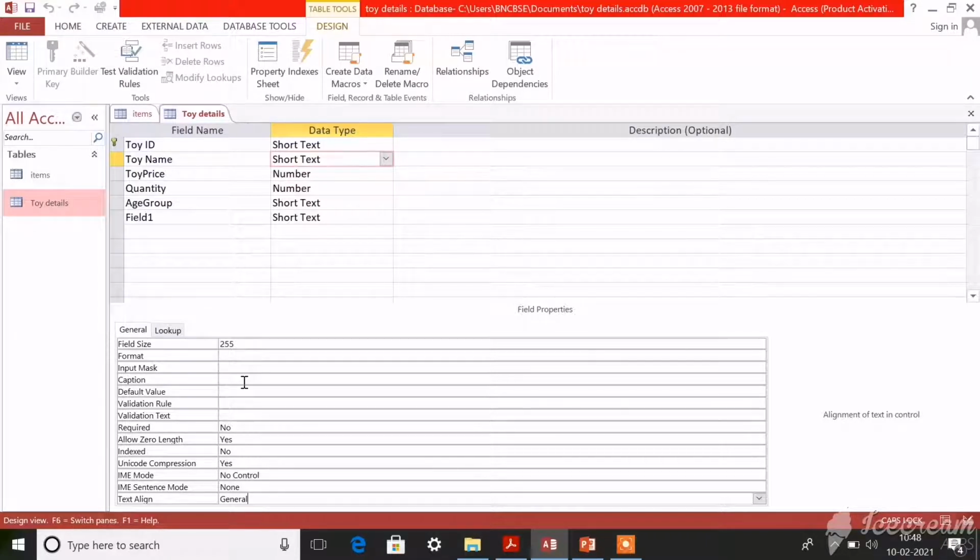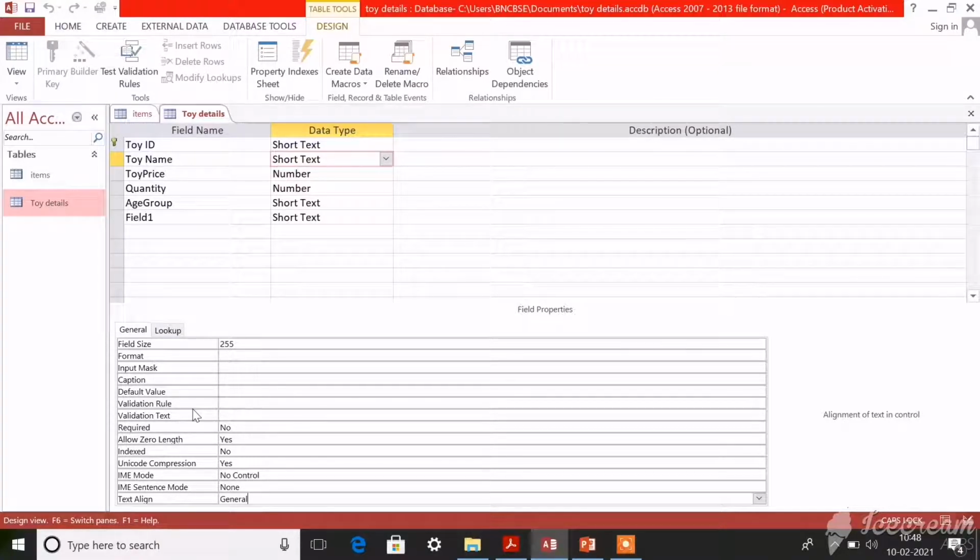The next one is validation rule. Validation rule means it limits the value that a field will accept. The maximum value that a field can hold will be decided by this validation rule.